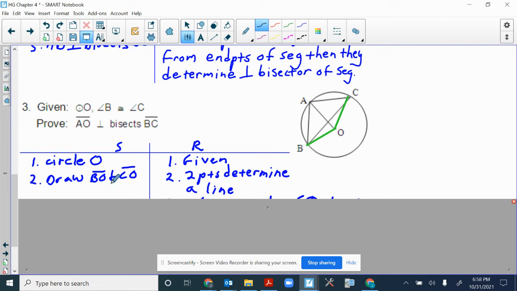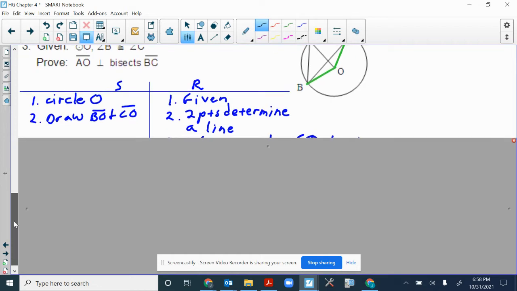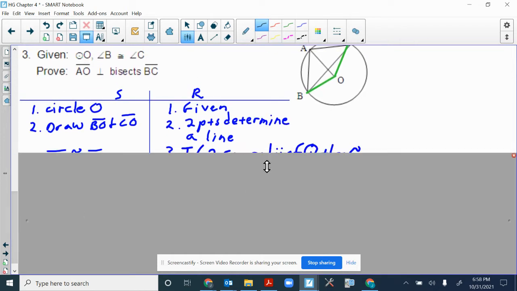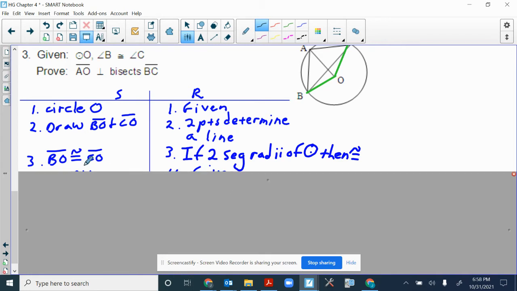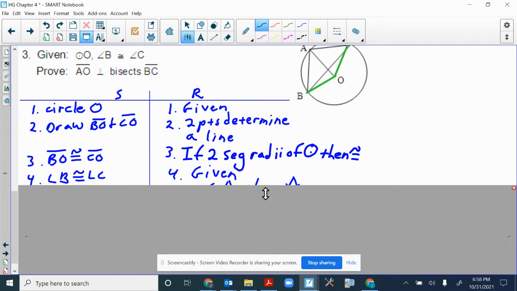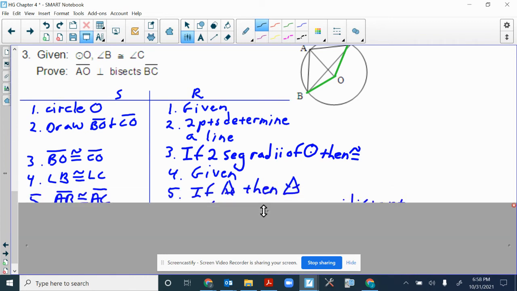But the first thing I do is draw BO and CO. And the reason I can do that is 2 points determine a line. So I don't need to really state too much more there. And then I also know they are congruent because if 2 segments are radii of a circle, then they are congruent. And then angle B is congruent to angle C. So right there,